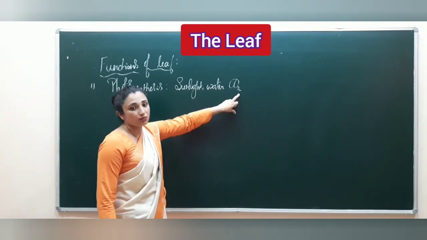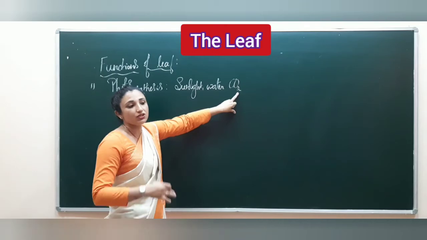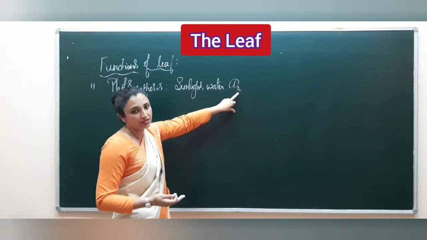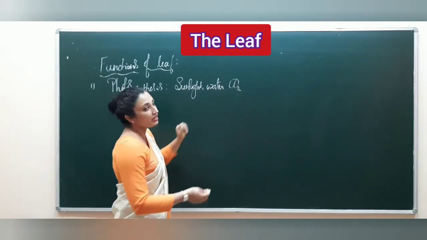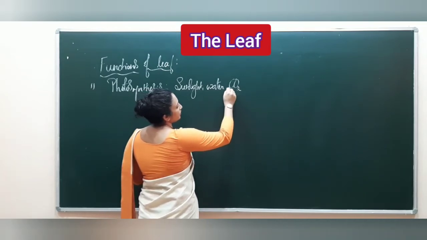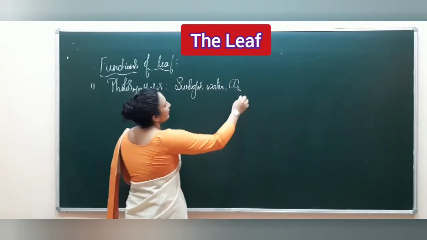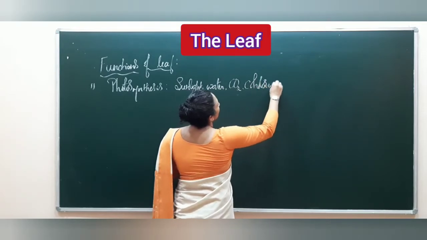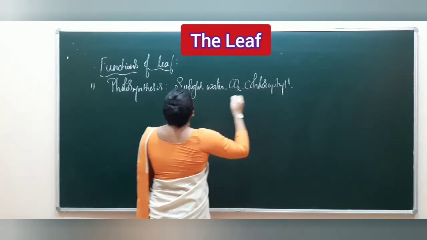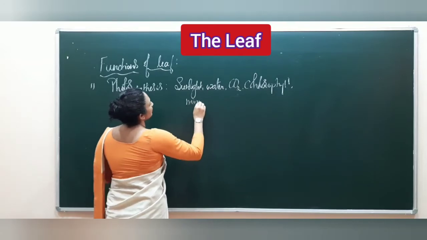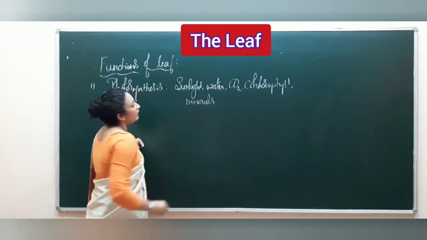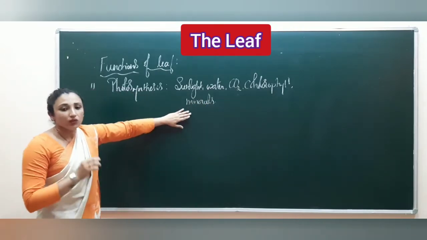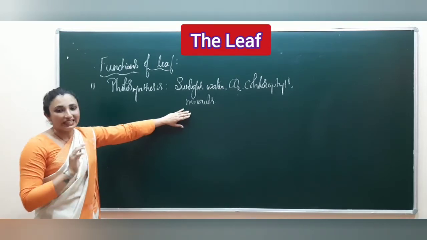Students, from now onwards you should know how to write the symbols which you will be studying in your chemistry subject. So I am writing here capital C, capital O, and subscript 2, that is carbon dioxide, along with the help of, or in the presence of, chlorophyll and minerals. So you will now be familiarized that without the leaf in the plant